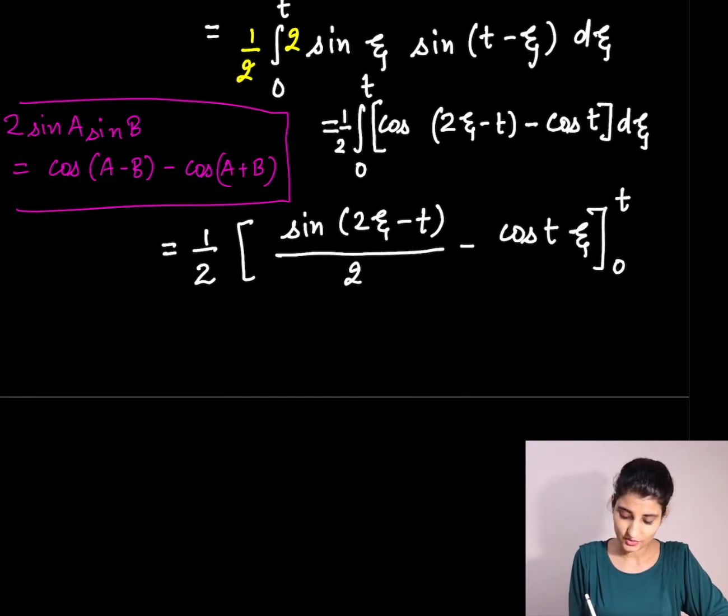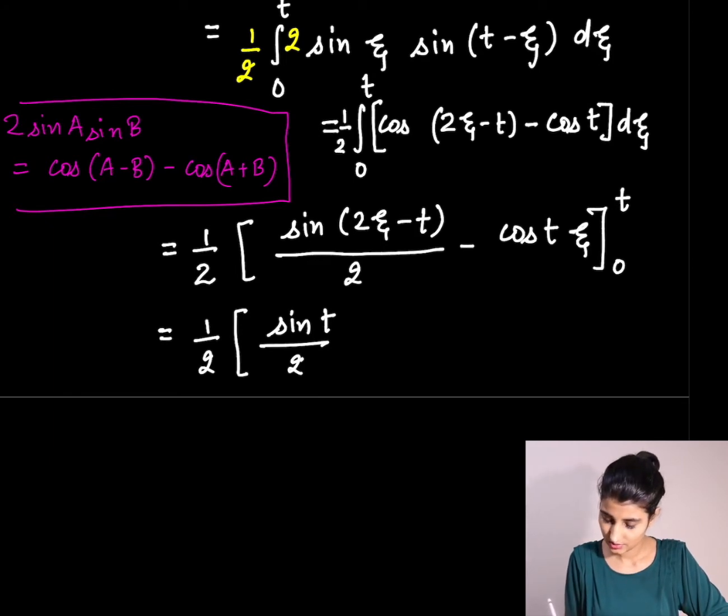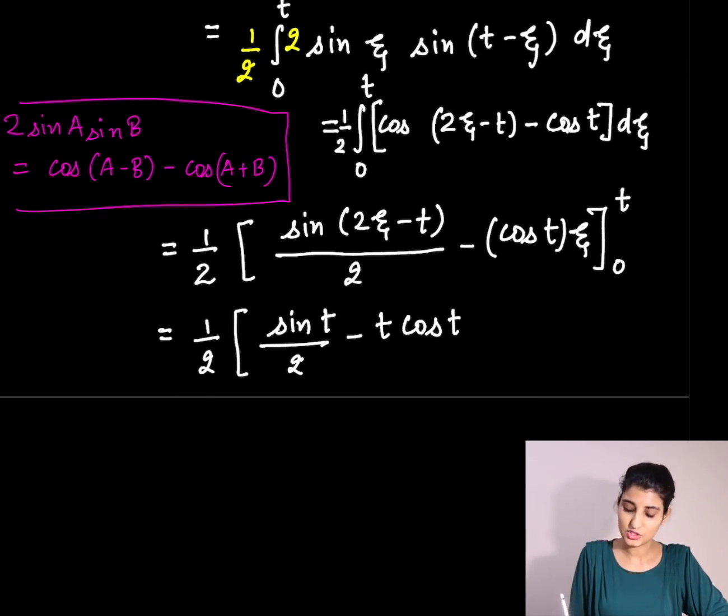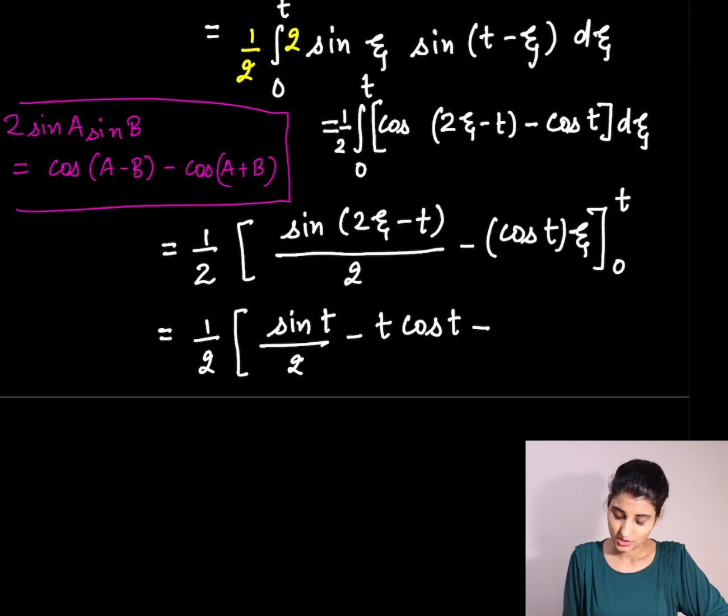Substitute the upper limit first. So we have 1/2 (2t minus t, so sine t divided by 2 minus t times cosine t), and then we substitute the 0, the lower limit. When we substitute 0 in the first term, we will get sine of minus t, which is